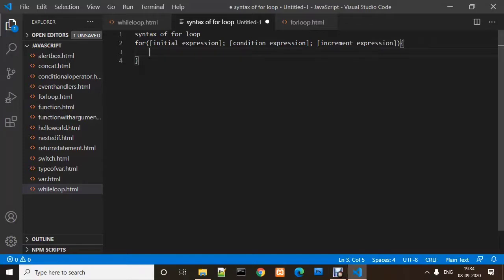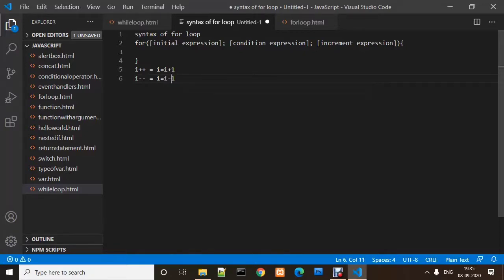First we have to initialize a variable, second we have to provide a condition, and third we have to provide the increment or decrement operator. The increment operator is plus plus, that means suppose we have a variable I and we say I plus plus, that means I equals I plus 1, and I minus minus is the decrement operator, so that means I equals I minus 1.